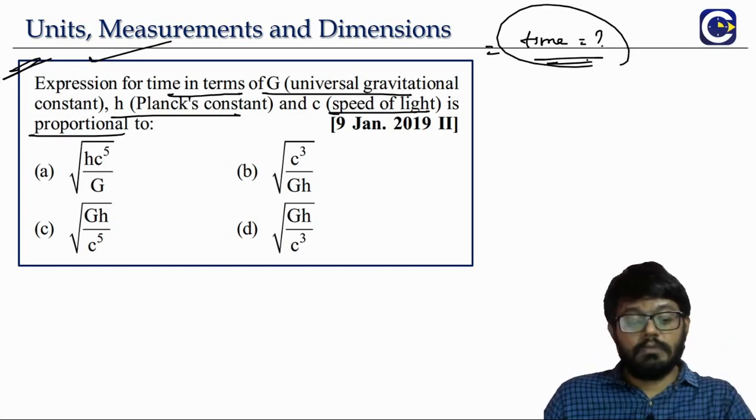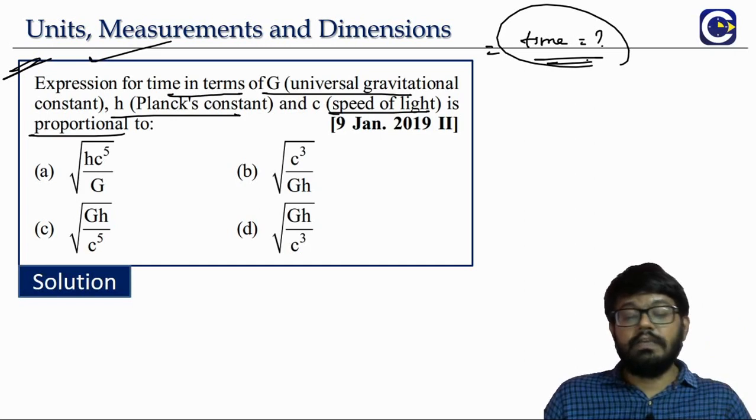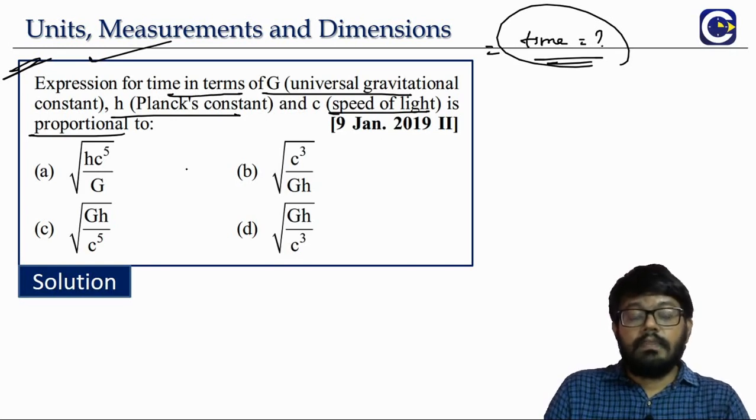In the previous problem, the expression we were dealing with, the value of f, had the dimensions of energy. Now it is the reverse problem. They are not giving us the expression. In the previous problem they gave us the expression and asked what it corresponds to. Now they are saying we want time, so which of the expressions will give us the dimensional formula of time?